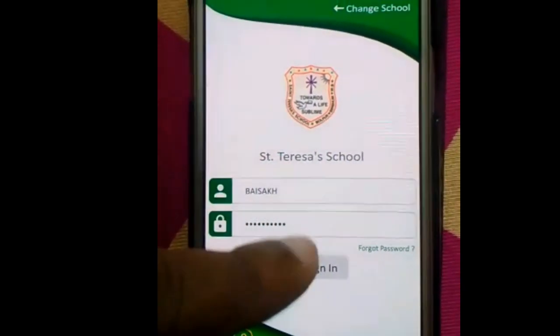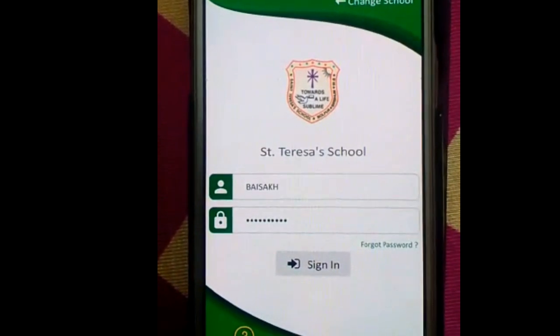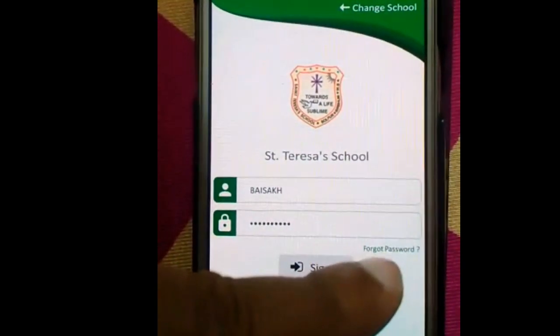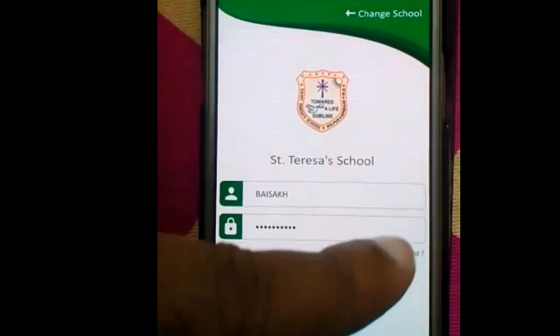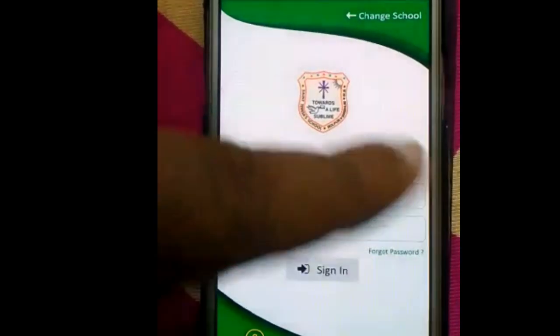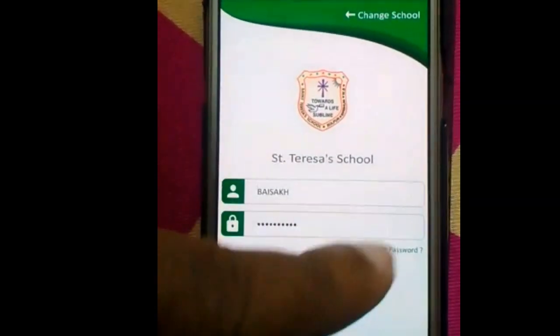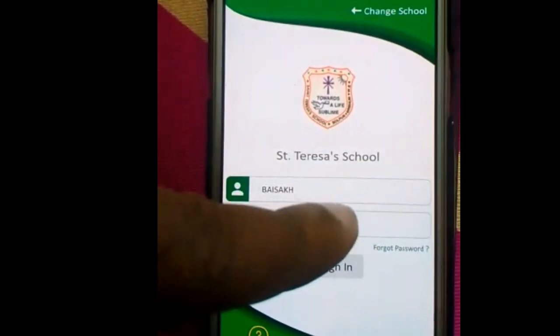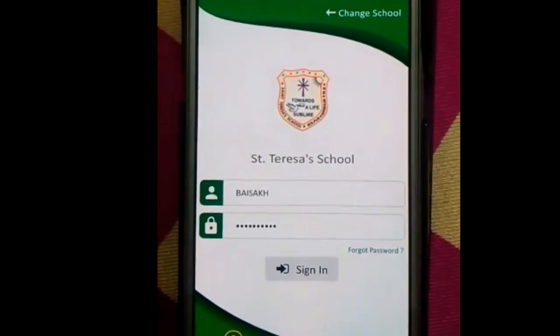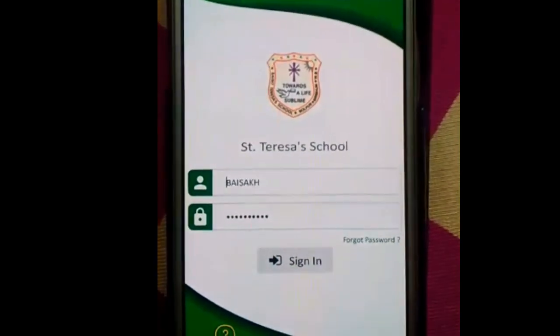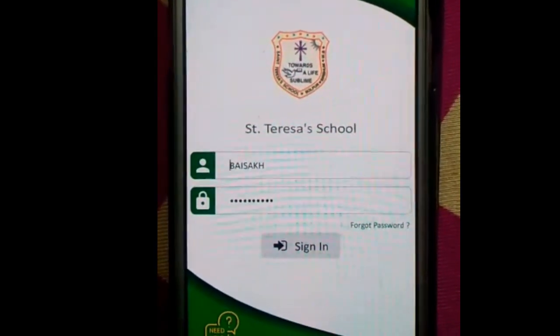If you don't know, then you have to go to the forgot password option. After clicking this forgot password option, one screen will appear where you have to enter your registered mobile number. You enter your registered mobile number, and then you will get an SMS with your ID and password. ID will be your admission number,